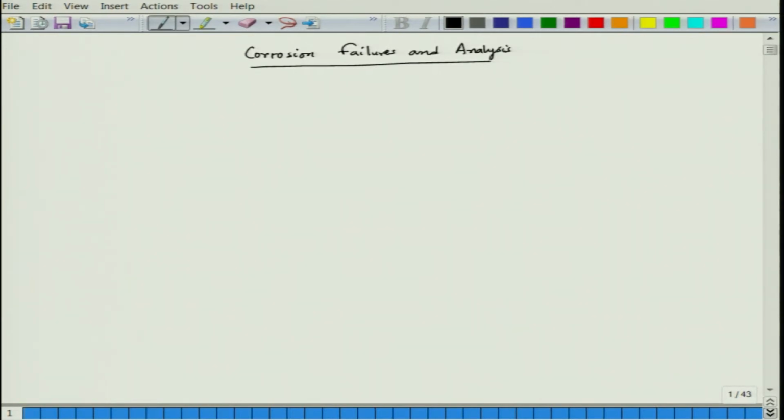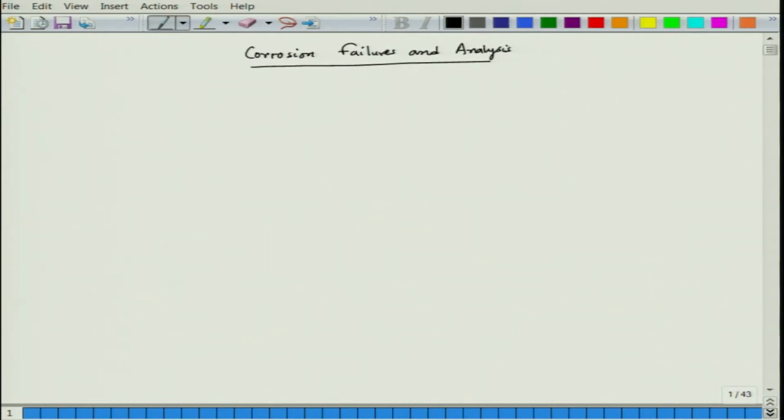and how those particular corrosion forms appear, what are the reasons behind that, and we will also try to analyze the mechanisms, and then we will look at some of the case studies and try to also analyze or propose corrosion protection routes or methods, so that that particular type of corrosion can be controlled to a great extent.